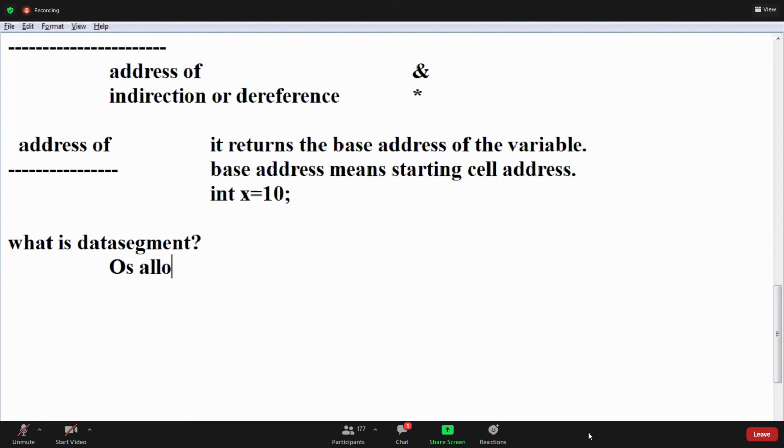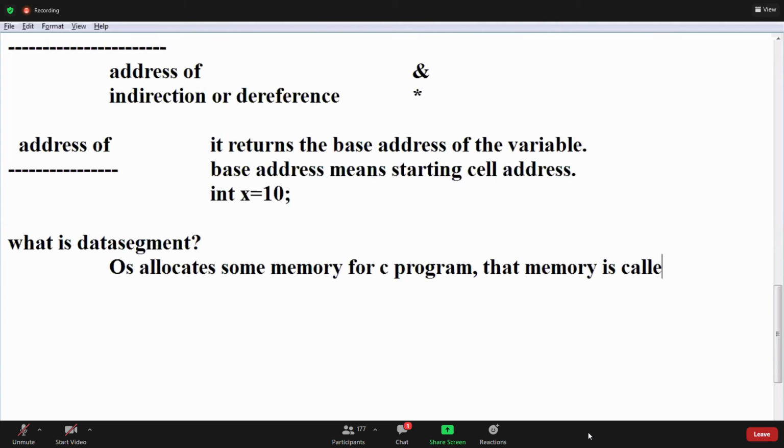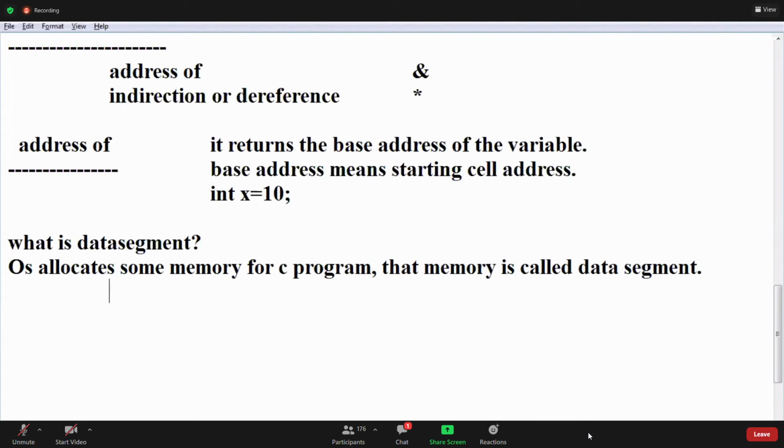The OS allocates some memory for a C program. That memory is called the data segment. We'll give a data segment diagram. First, write that. What is data segment?